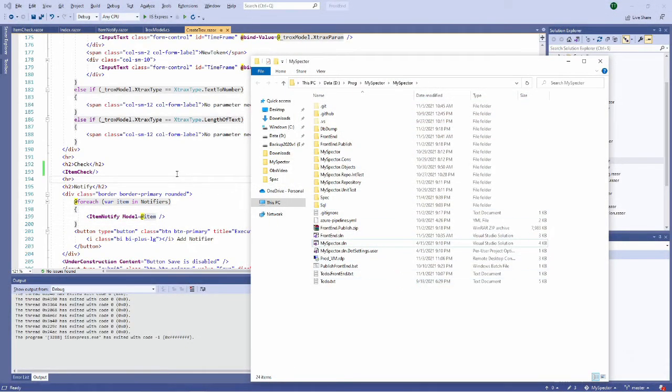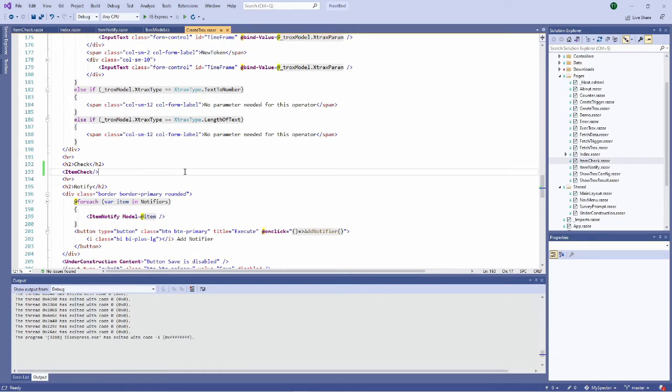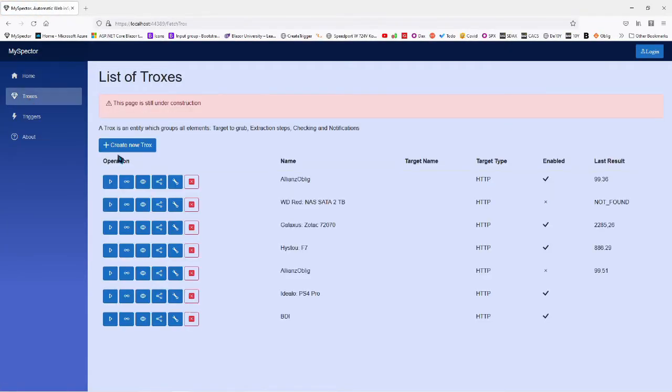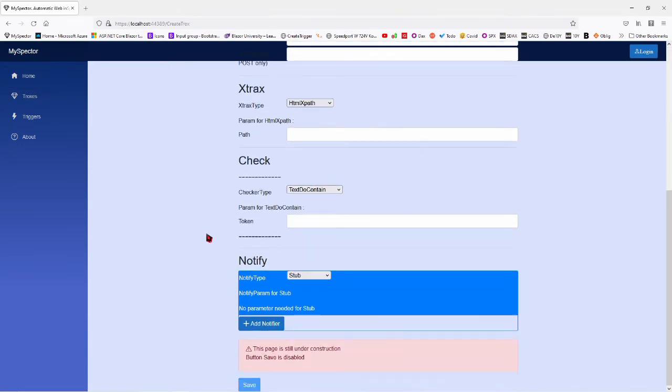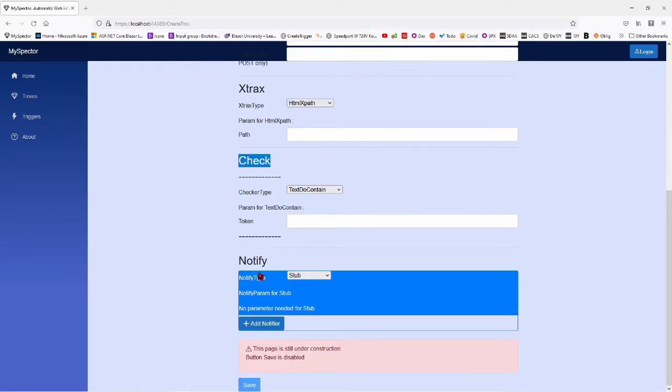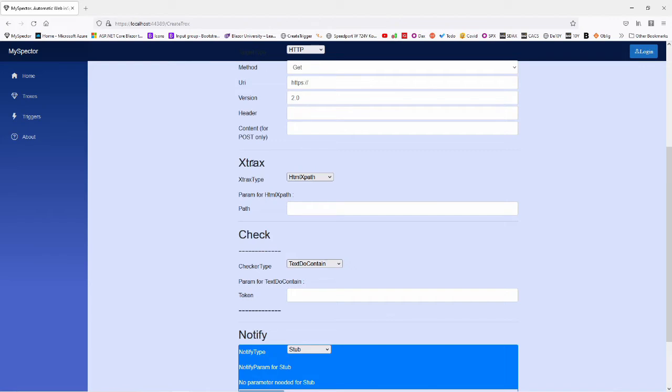Good. So now let's do the other component, which is the create trox, the extracts. Let's do the same work for the extraction. One more time, the difference between check and extracts is that in my model, I can have several extraction on only one checker. So I will do little more work like notify with the add button. So you will see something interesting which will happen.